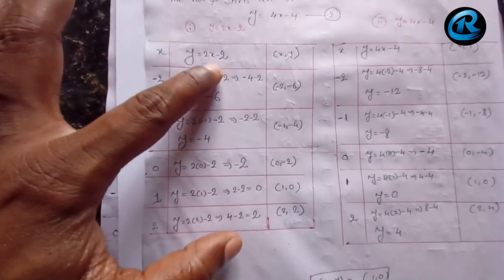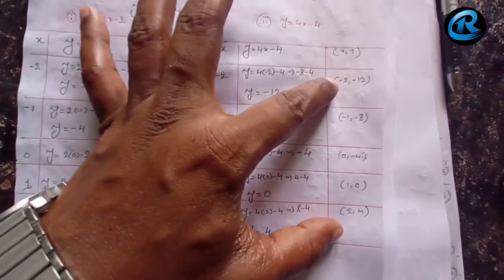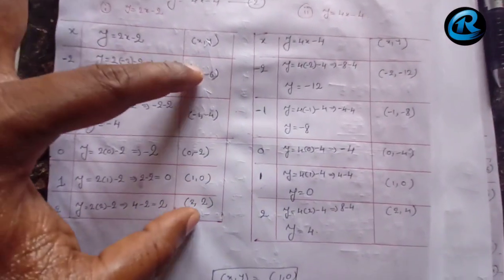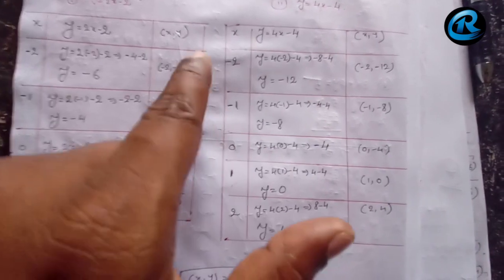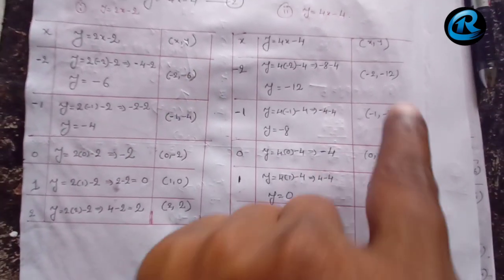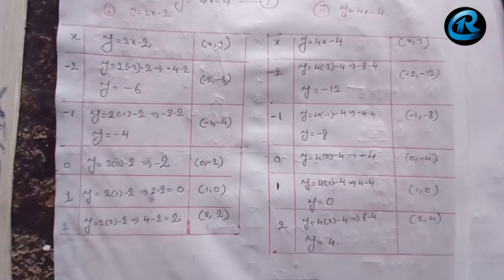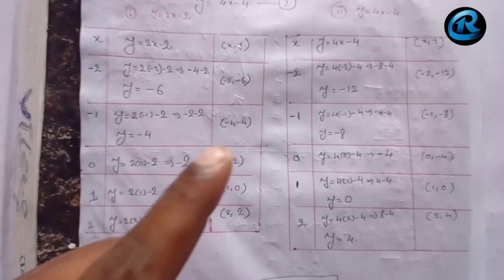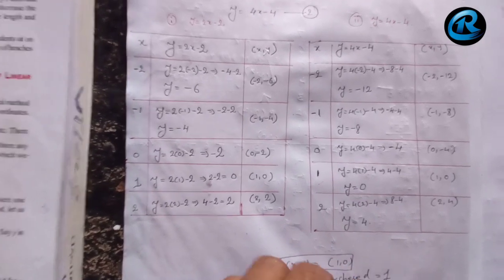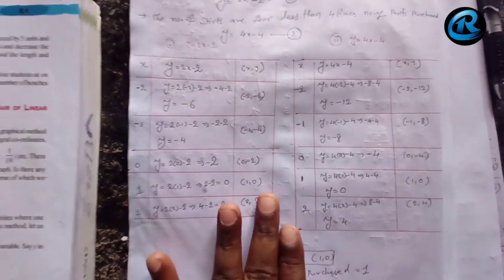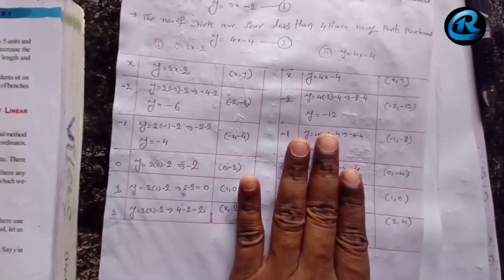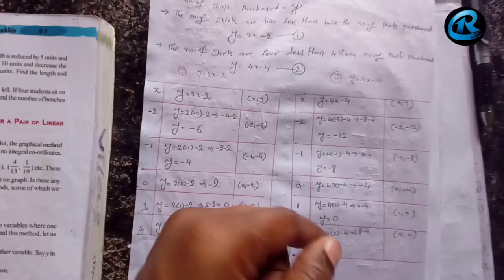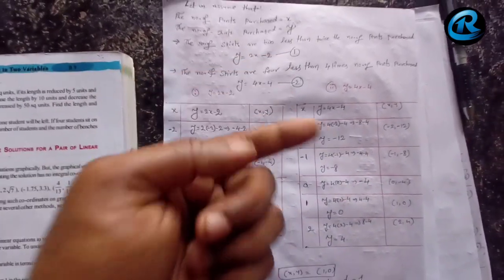From equation number 1 you will get some points, and from equation number 2 also you will get some points. See the point values. Accordingly we have to take a scale, but from the graph we need to find out how many pants and how many skirts she purchased. Here we got only 5 solutions of equation number 1 and 5 solutions of equation number 2. These points we are going to locate. As we know we are going to get intersecting lines, but where they are going to intersect.